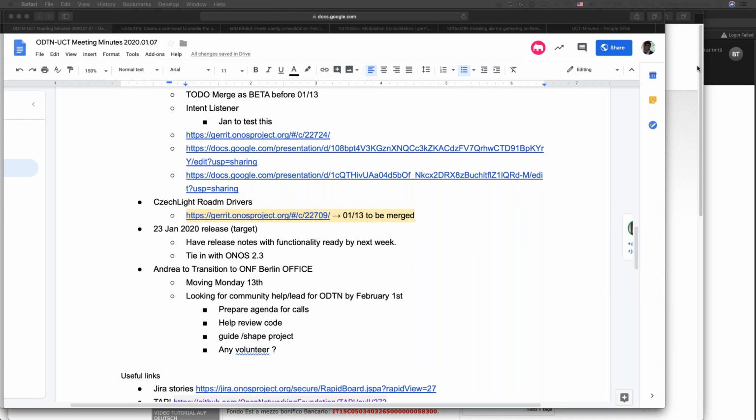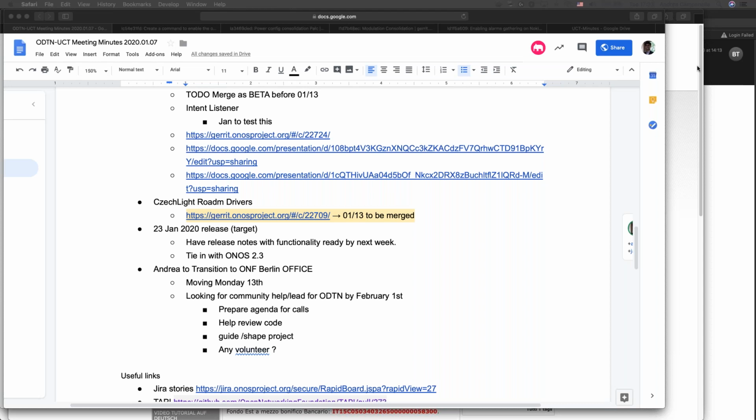That makes sense, Dominique? Yeah. Okay, but there will be basically a similar organization as in the US. Maybe develop on ODTN nodes, to develop software, right? It will not be a different organization.